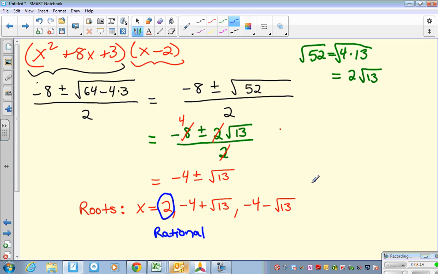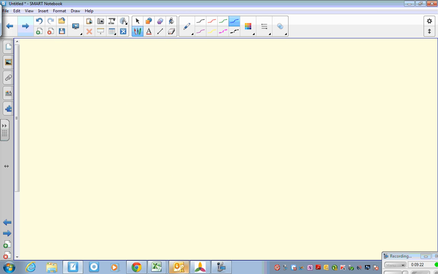Another hint that I want to offer you guys, besides the fact that you can use a graph and you can use your quadratic formula, is that sometimes you won't actually get a rational, you'll get a rational root, but it won't be an integer. So on number 14 and on number 15, just a heads up, there are no roots that are numbers like 1, 2, 3, like integers. If that happens, so just to give you a hint,